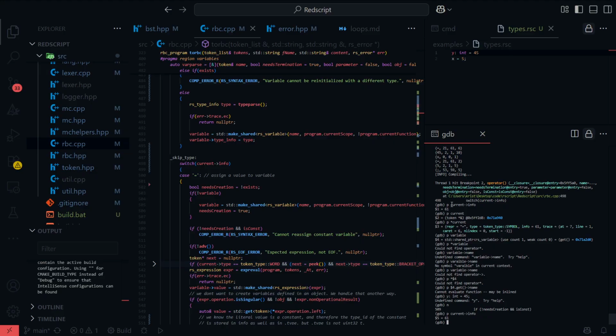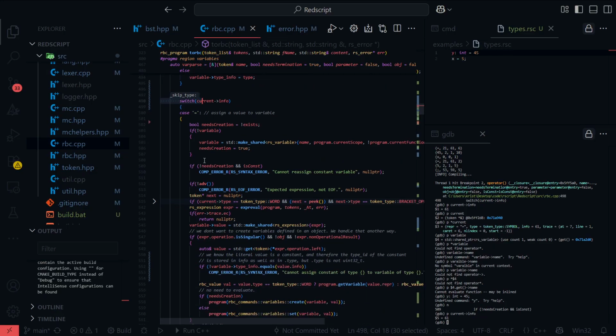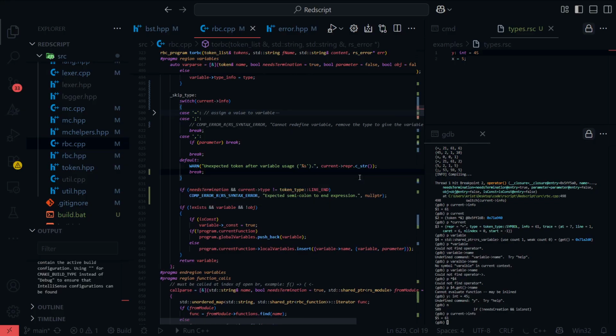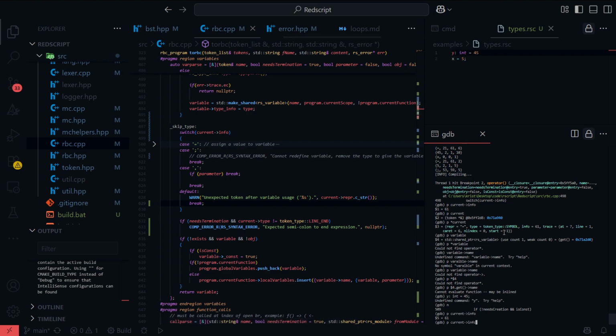Yep. So why didn't it go in? It skipped the entire switch statement. Why did it do that? Let me run it again.